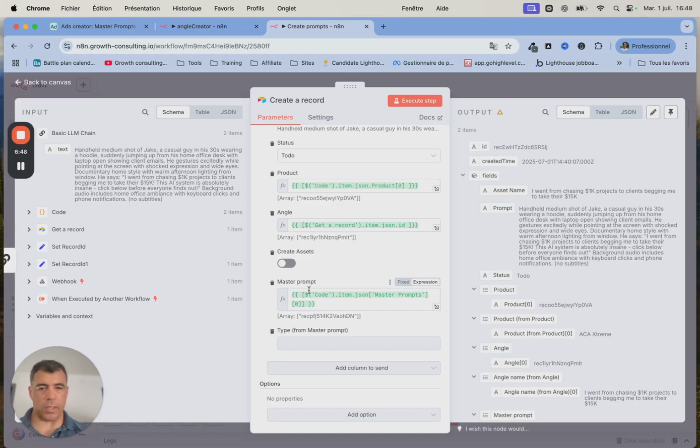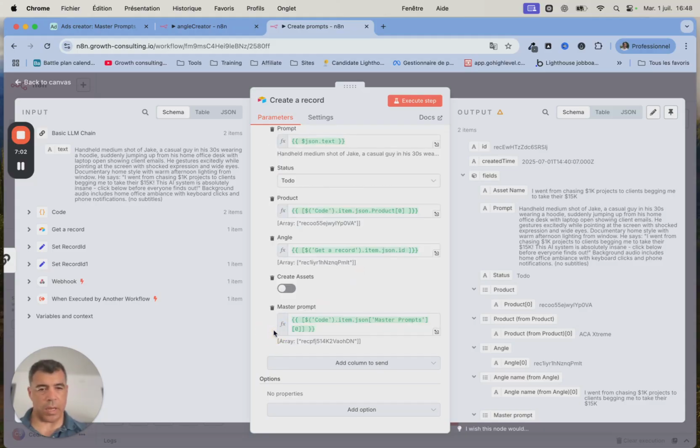And here we are just linking the angle and the master prompt as well. Again, this is all enclosed in square brackets because this is an array, and this one is grayed out as well. I can delete it. This one, I'm not going to delete it. This is an interesting one. If you are 100% sure that your prompts are accurate and that they are going to give you a good output, you can toggle this on and this is going to create a chain reaction. Each time a new prompt is created, this is going to trigger a new workflow, which is going to trigger the asset